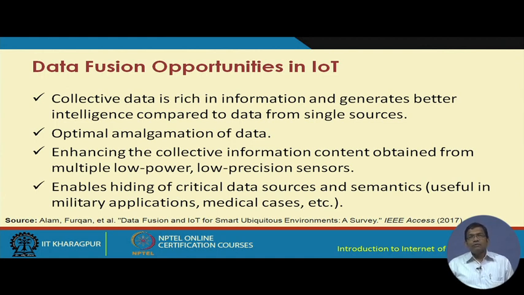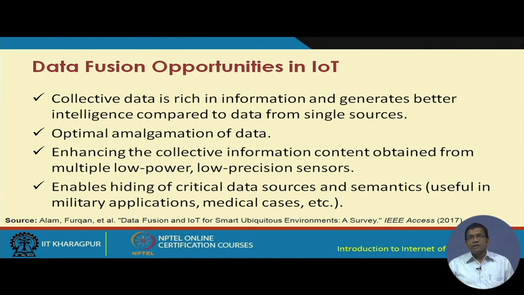What is required is to optimally amalgamate, which means to optimally integrate the data, because the more you integrate, the more insight is possible, but at the same time that also has to be done in real time for the decision to be more meaningful. So optimal amalgamation of data, then enhancing the collective information content obtained from multiple low power, low precision sensors, and enabling